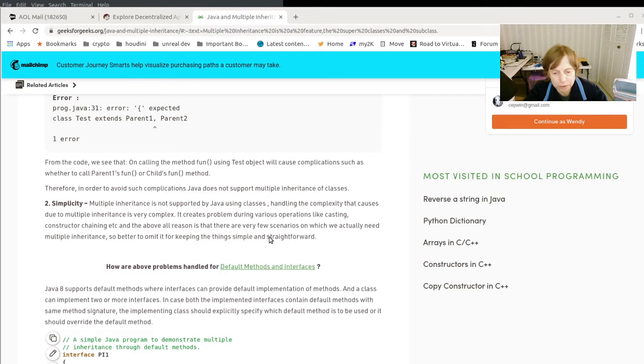Monotonic: if C1 precedes C2 in the linearization of C, then C1 precedes C2 in any linearization of a subclass of C. So this is why this is a bit unclear, and this is why when you go up here and you look at this,